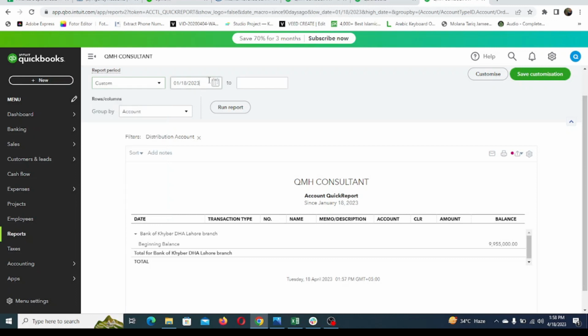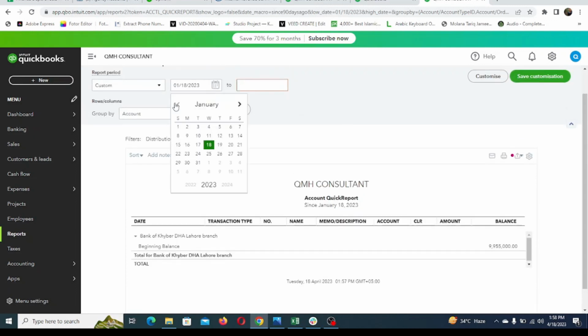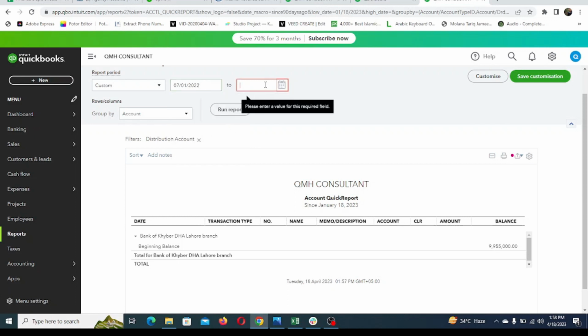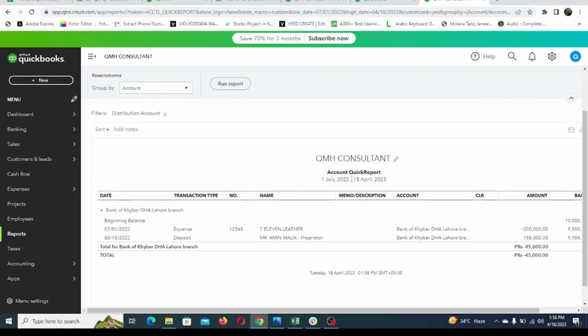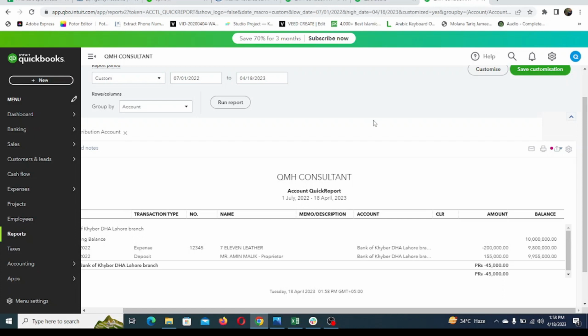You can select which two dates, between which two dates, you want the data to show to your seniors or your partners or anyone else. If you want to see this, you can also see. So let's have a look at this. If you run, we have these two transactions, and it has been mentioned what type of transaction these are. So this is from my side as far as the